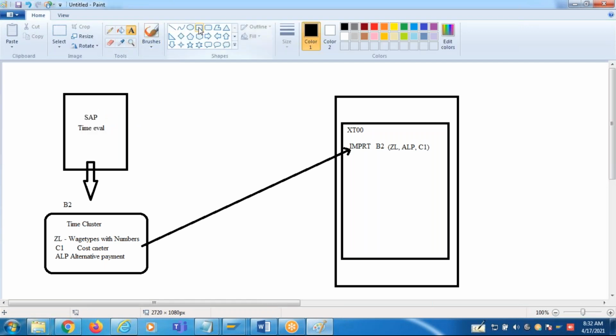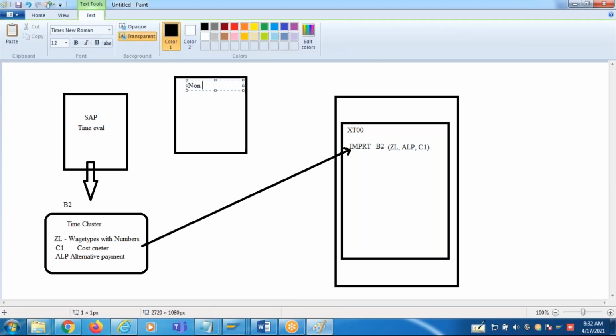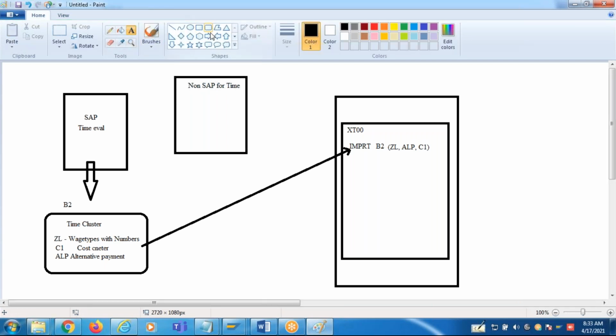Similar to this, there is a third-party, non-SAP system for time. So what we do is, from this, we generate an outbound interface file.